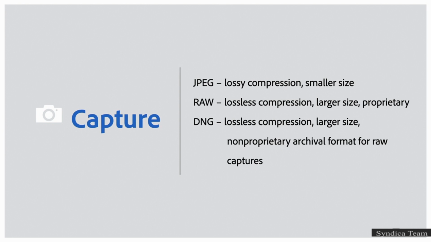RAW is a generic term for a file format traditionally used to describe images that are captured by a digital camera and, more recently, by mobile devices. The primary difference between JPEG and RAW files is that the RAW file format contains all of the data that the sensor captured. RAW files still apply compression, but they do so using a different type of lossless compression, so the quality of the image isn't compromised. This gives RAW files much more flexibility when making edits and enhancements to the image after capture because there's much more information to work with.